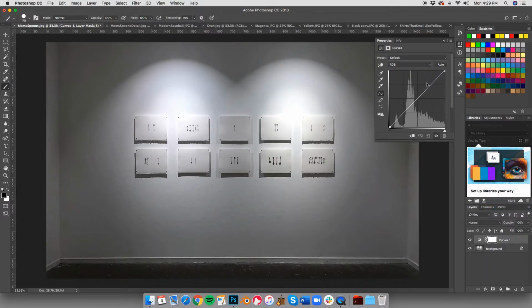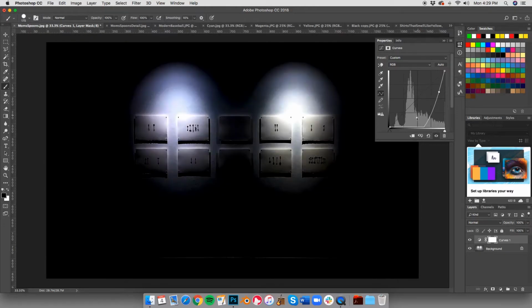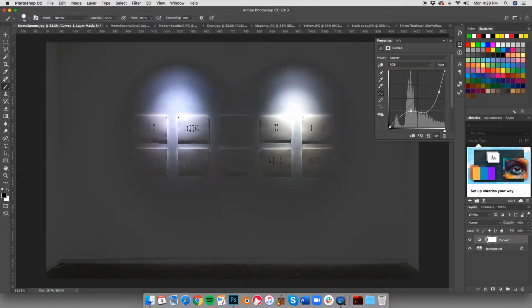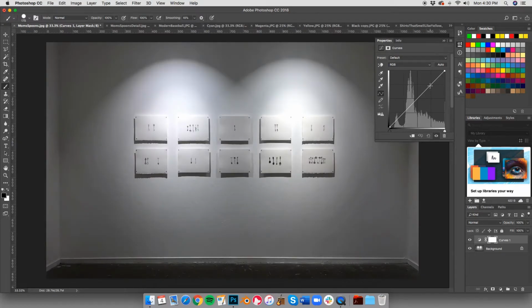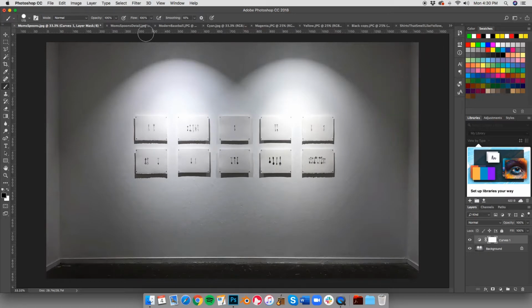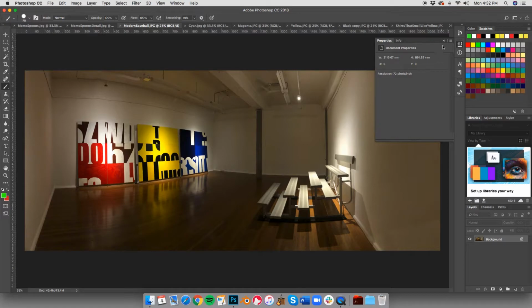Let's try a different one. Let's say we want curves. Give this a go. I could increase that. It might be a little too harsh. Click on some more points. That's starting to look really weird. I don't like any of it. Just Command Z. Normally, with curves, I bump things up, darken it, and that's all right. Those hotspots are probably going to be hard to get away. Okay, let's move on to a different photo that we can use